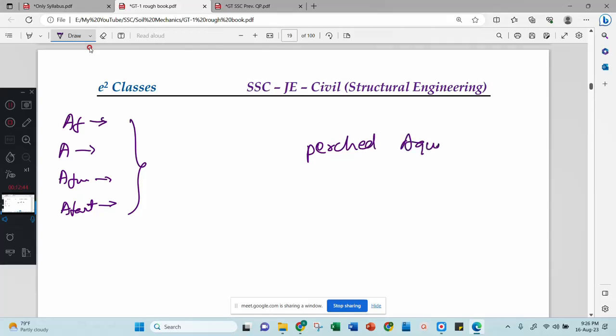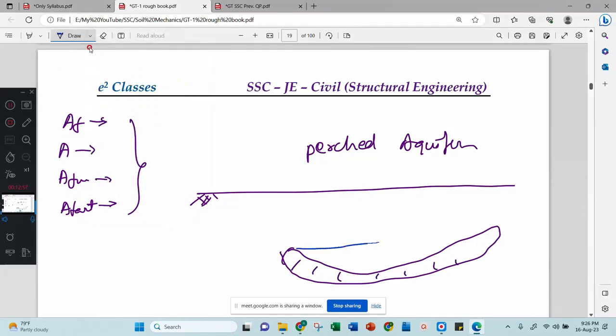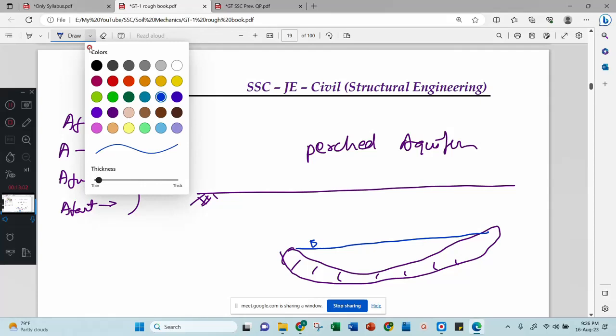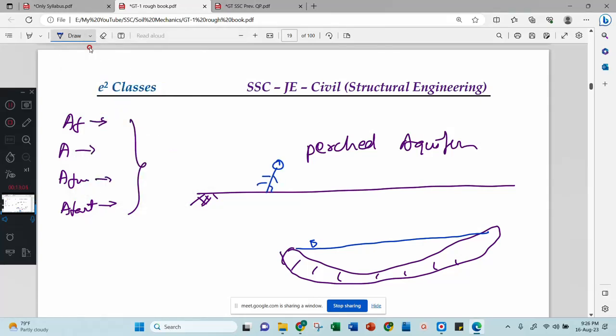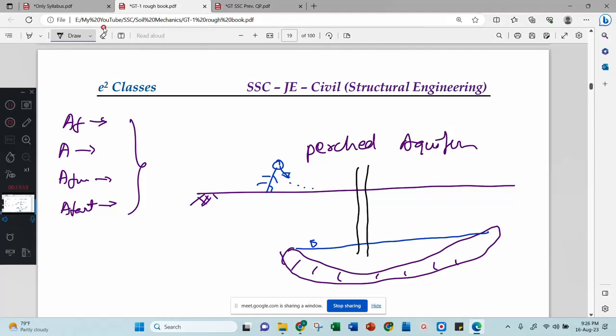Perched aquifer means, let us consider this is your ground. Then inside, one big rock is there like this, and the water is stored at this level. You don't know whether rock is there or water is there, because you are standing on the ground looking at the ground. Then what do you do? You put a borehole here, put in a motor and pump the water. Then you get water, and you might think you got a very good borehole. Then after 1 hour,